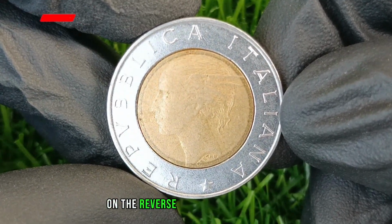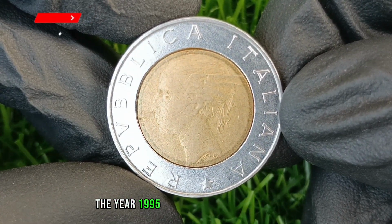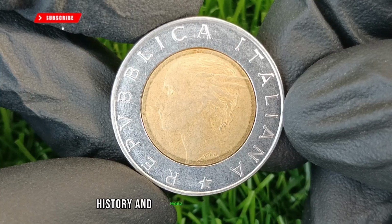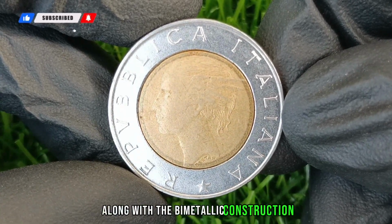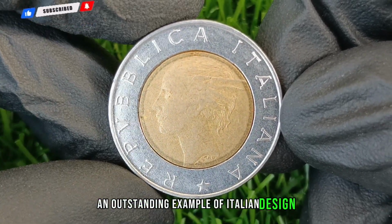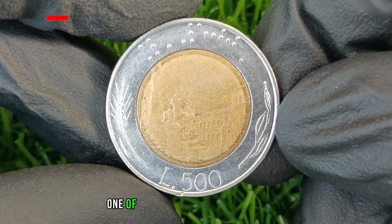On the reverse, the 1995 500 lire coin shows the value, L.500, the year 1995, and a beautiful image of the famous caravel ships, which symbolize exploration, history, and progress. This combination of images, along with the bimetallic construction, makes the 1995 Italian 500 lire coin an outstanding example of Italian design and innovation. When discussing the value of the 1995 Italian 500 lire coin, one of the most important